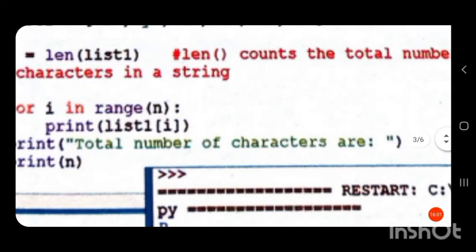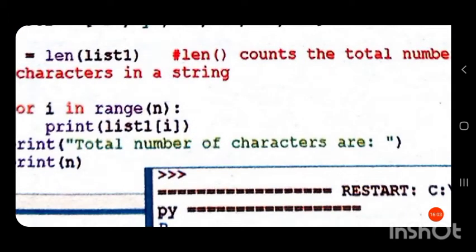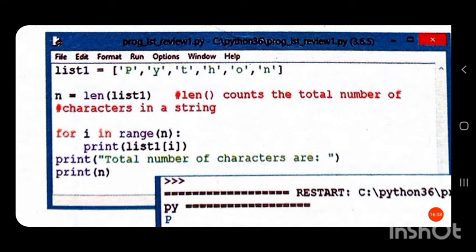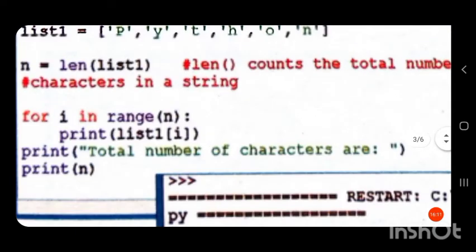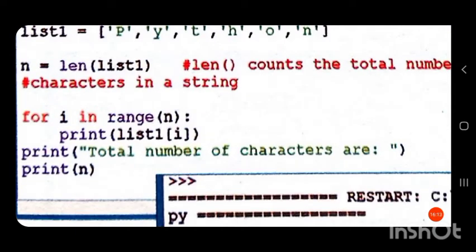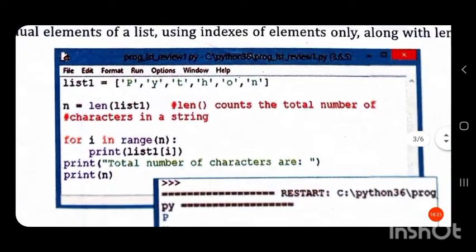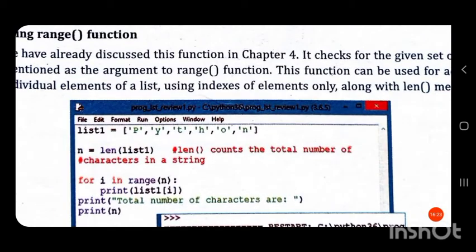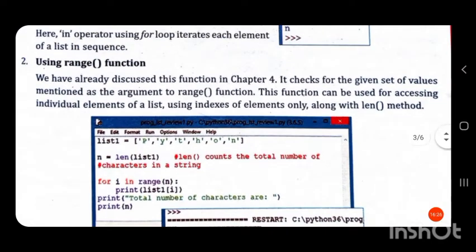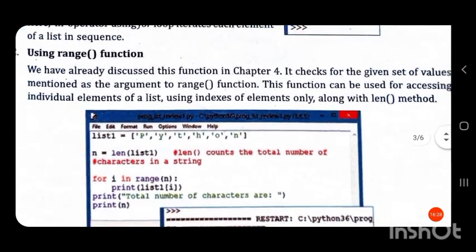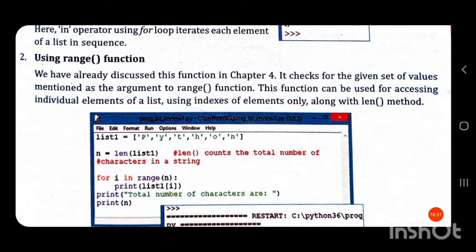Inside the print function, the argument is list1 square brackets I. So this is the argument. Here len is a function, and inside the brackets list1 is inside the function len, so list1 is the argument. Whatever we specify inside a function is called an argument. So the range function checks for the given set of values mentioned as the argument to the range function.